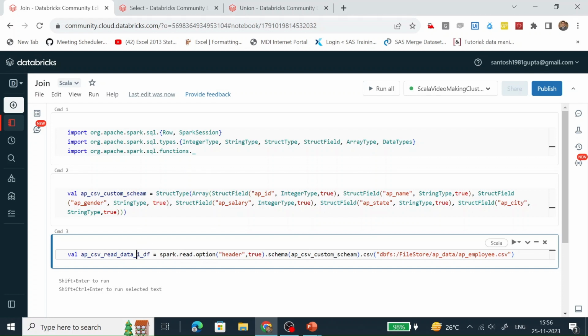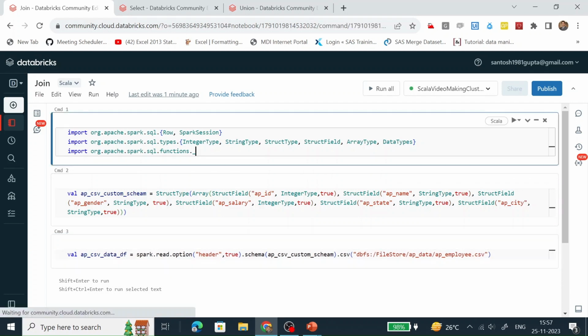Let's rename this data frame. I am going to rename it as APCSV data. Let's run this one by one.